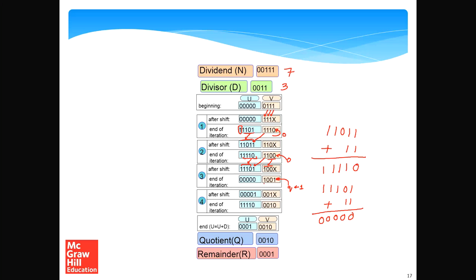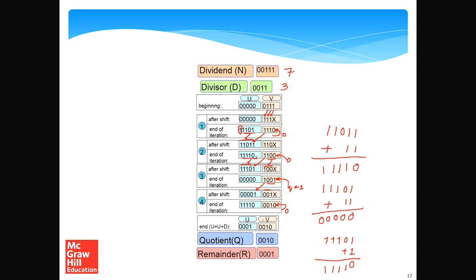Fine, we do one more shift. So 1 comes here, 0, 0, 1 comes here. And since this number is positive, we will subtract the divisor. Subtracting the divisor means adding its 2's complement, which is 1, 1, 1, 0, 1 plus just 1. And so then this becomes 1 plus 1 is 0, carry is 1, right? So this becomes what we need to have. And since this number is negative, we set the relevant quotient bit to 0.